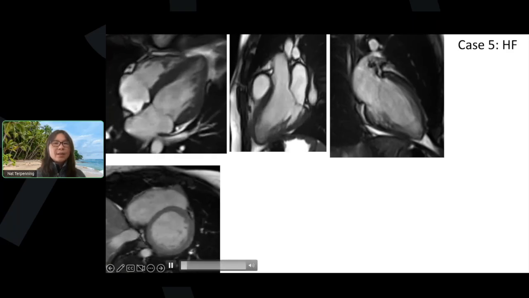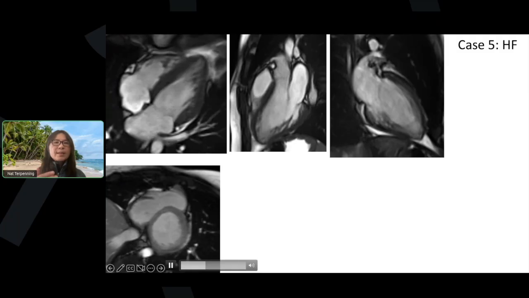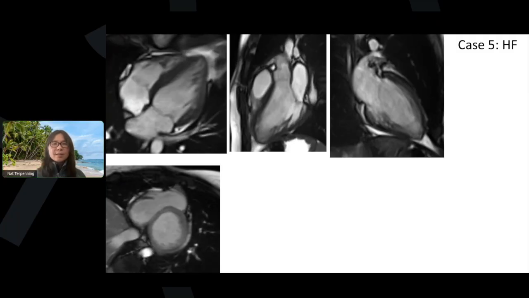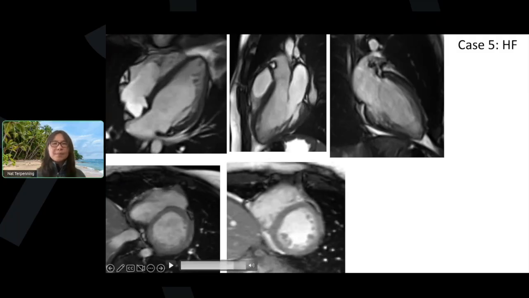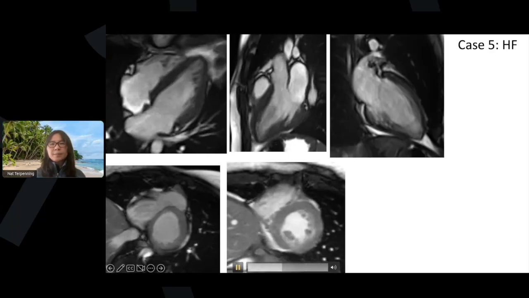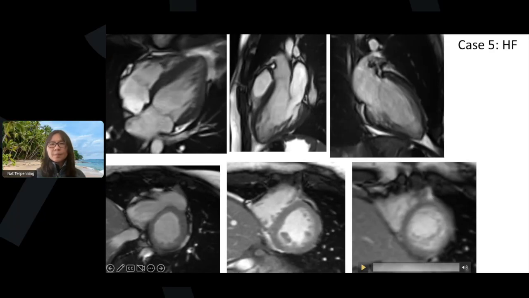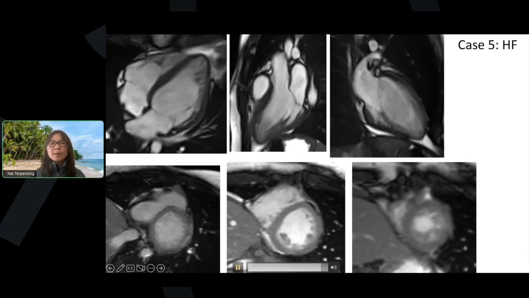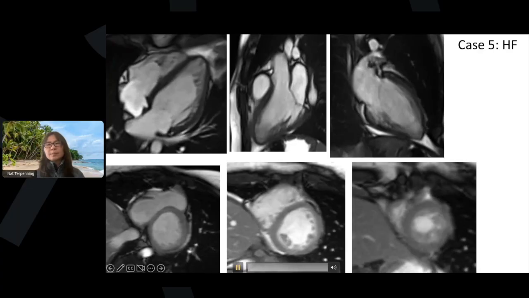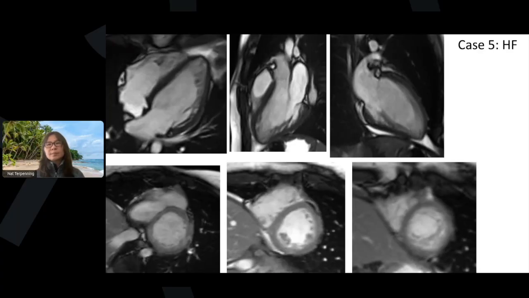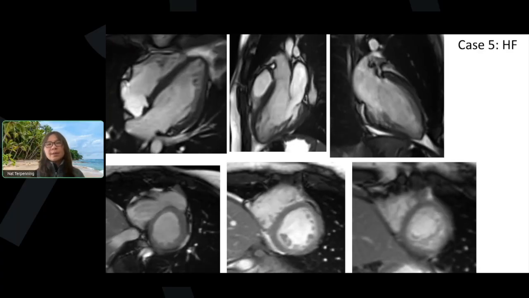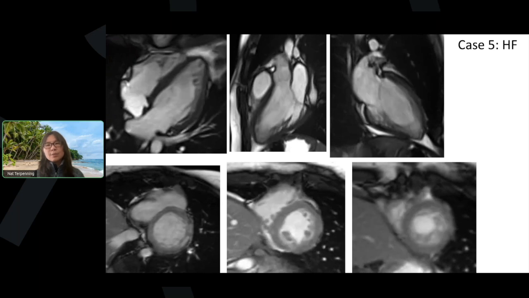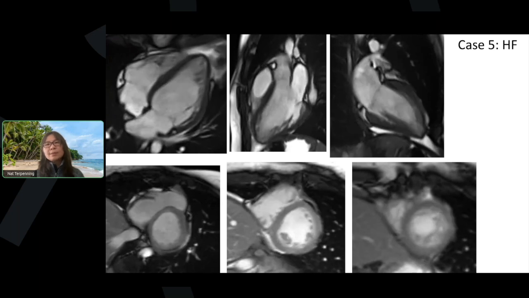It is brighter because here we did it after contrast to save some time, so we don't have to wait 8 minutes. Well, function looks a bit on the low side or normal. Otherwise, everything else to me looks